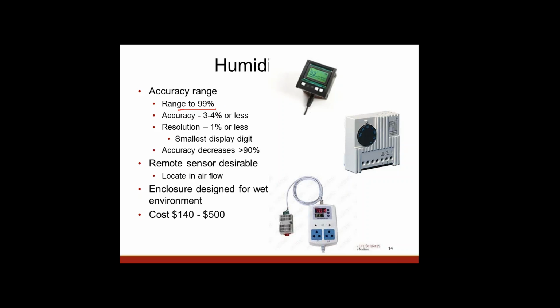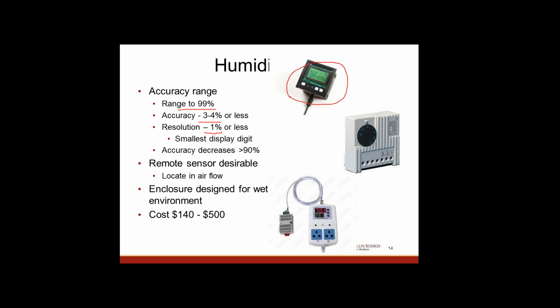If you're doing products that are 90% or higher relative humidity, we'd recommend that the accuracy be plus or minus 3 to 4%. You're not going to get a plus or minus 1% type thing. Humidity is a little tough to measure, but as the price goes up, the accuracy will increase. So I think this unit here is 2% accurate, just for an example. We need a resolution of 1% or less. So that's the smallest digit or the smallest increment we can set the